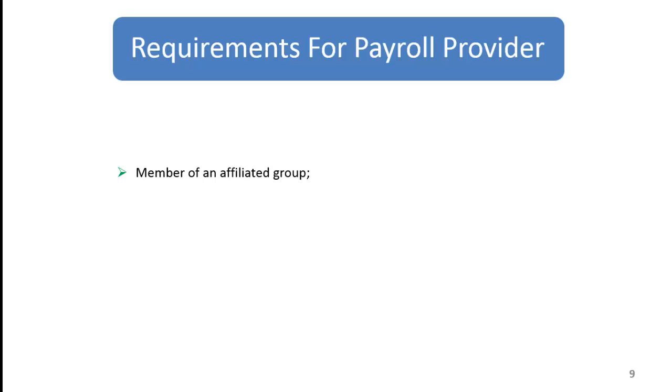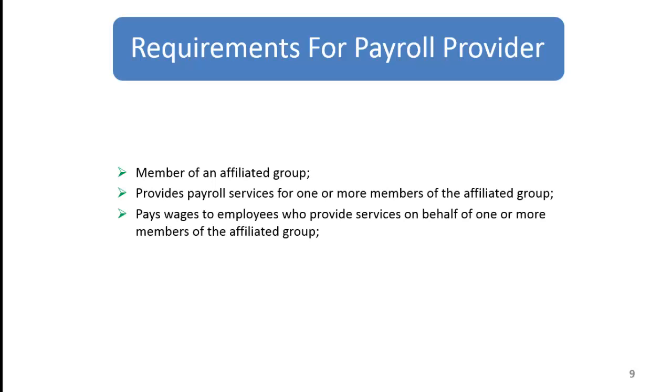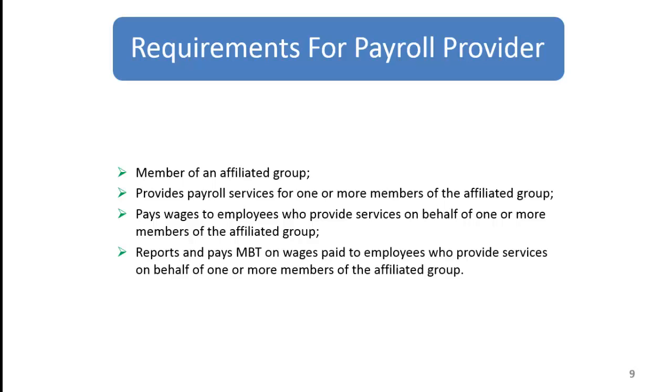Let's go over the requirements for the payroll provider to qualify. First, it has to be part of the affiliated group as we just defined. Second, the payroll provider must provide payroll services for 1 or more members of the affiliated group. Next, the payroll provider pays wages to employees who provide services on behalf of 1 or more members of the affiliated group. And last, the payroll provider reports and pays MBT on those wages paid to the employees who provide services on behalf of 1 or more members of the affiliated group. The payroll provider needs to meet all 4 of those